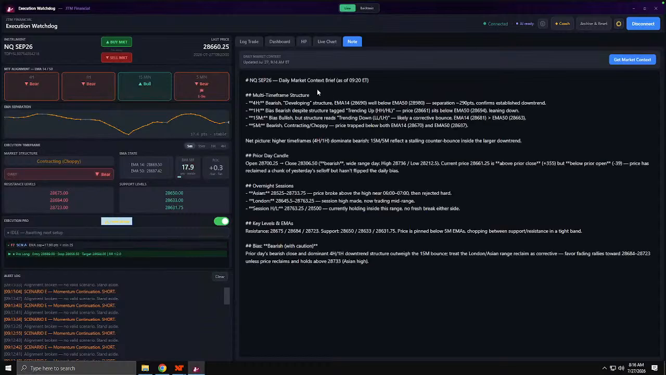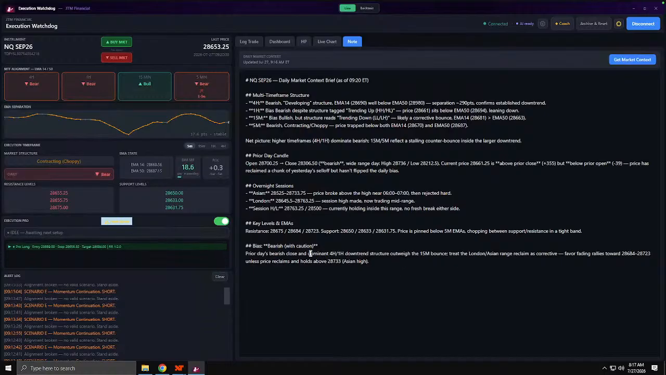So we got our analysis here cleanly, and typically the first thing I do is start from the bottom. What is it telling me? What is the bias? Bearish, with caution. It says prior day bearish close and dominant 4-hour, 1-hour downtrend structure outweigh the 50 minutes